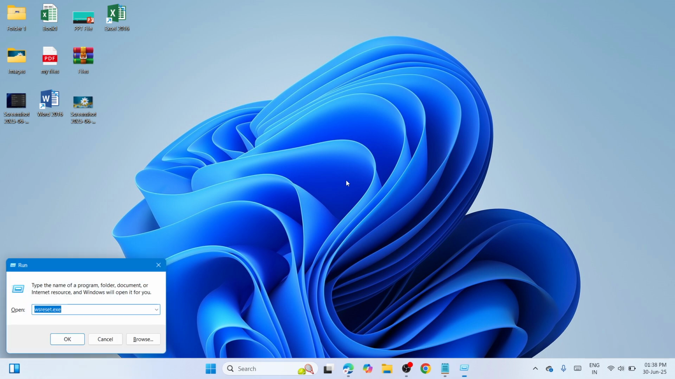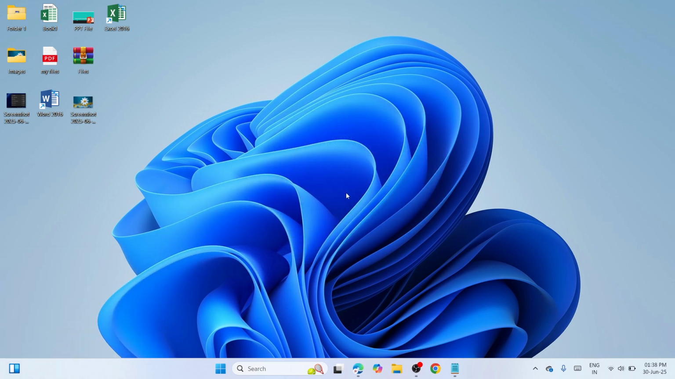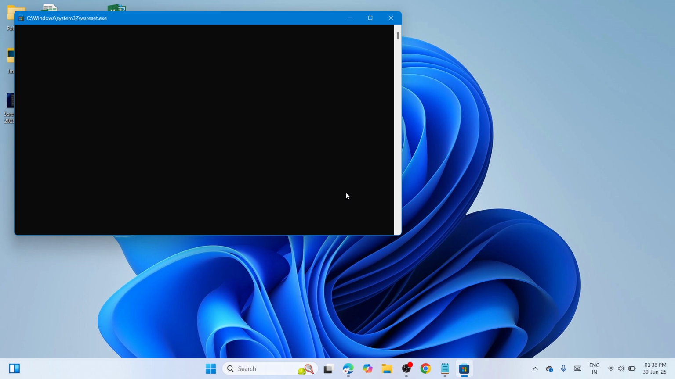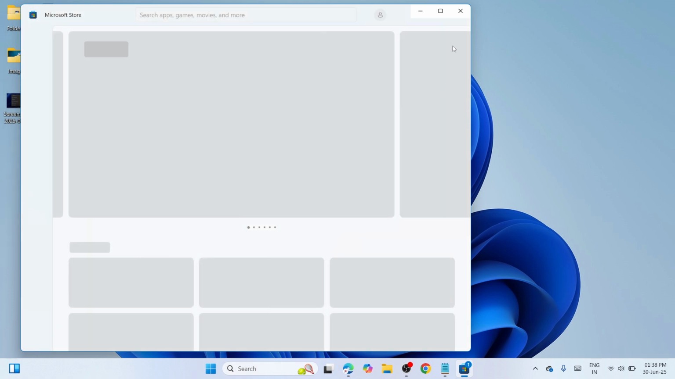Press Windows key and R key together, type wsreset.exe, click on the OK button. Then wait until this procedure would be finished, and once you have done it, I want you to check if the error has been fixed, okay? But if not, then let's move on to the next solution, that is to repair and reset the Microsoft Store